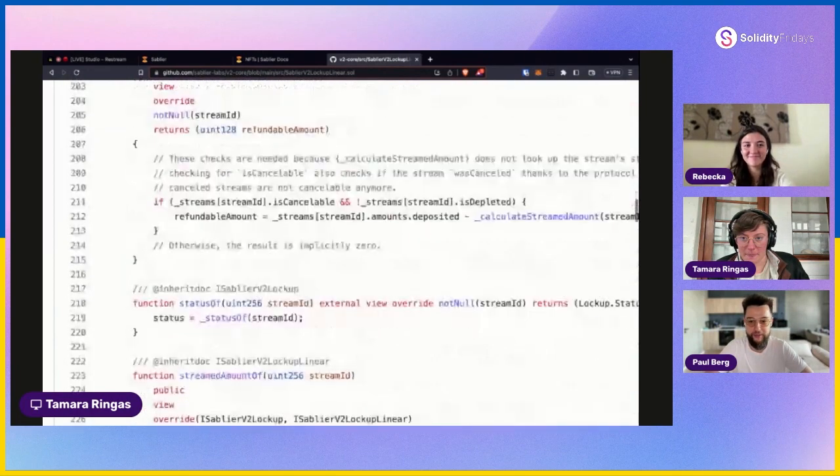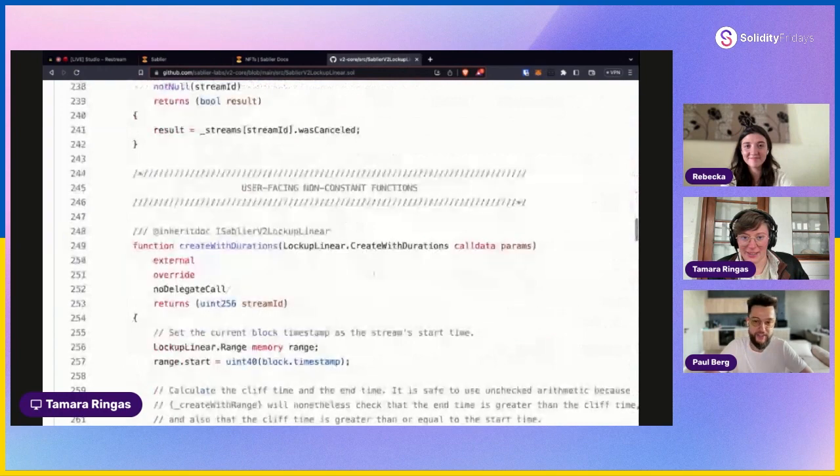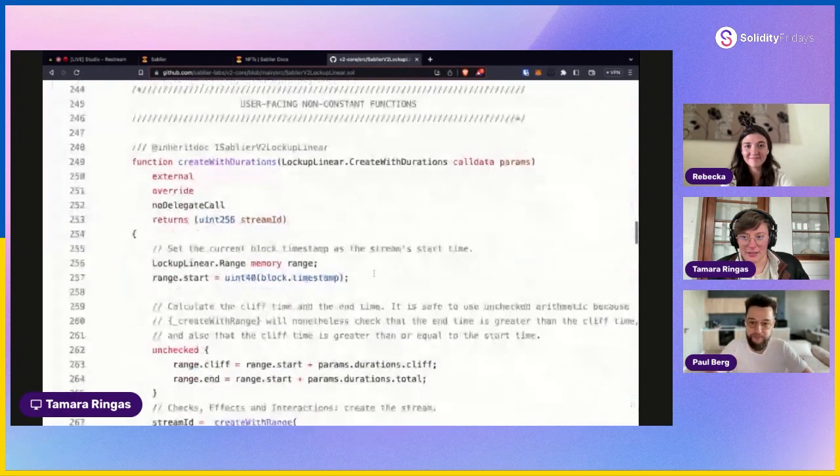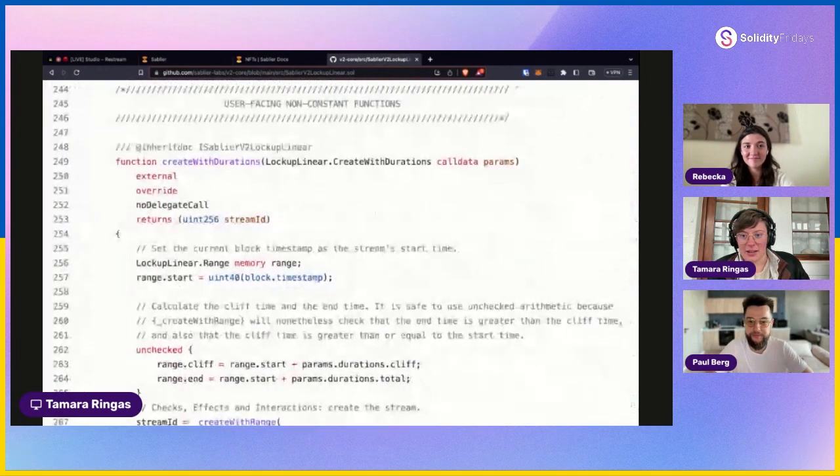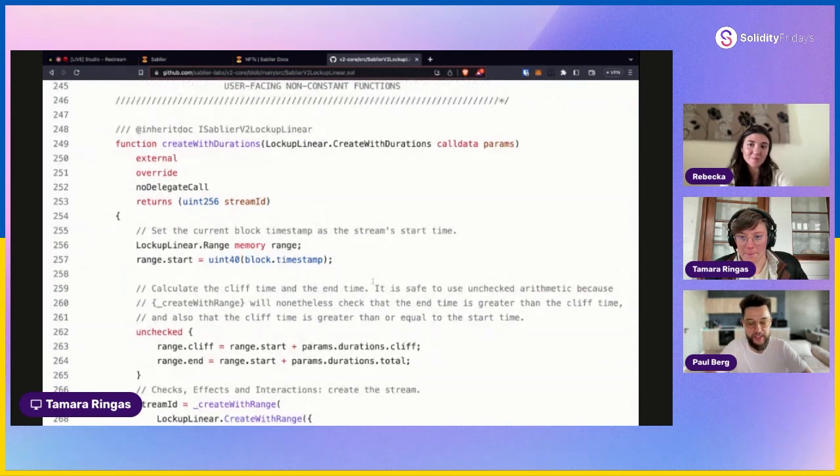Yeah, we have a lot of getters. If you make an integration, you can query every single part of the stream. That's great. And now we get to a really exciting part, actually creating a stream. This is with the durations, not with the range. Yeah, we can go over this one because, as I've said, it's the more useful one, especially for DAOs, for on-chain organizations, and so forth. The idea here is that you specify